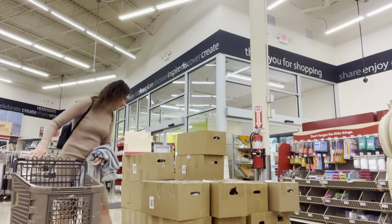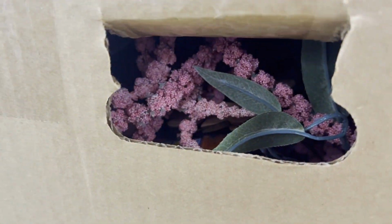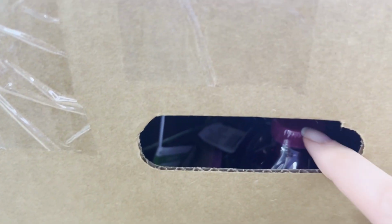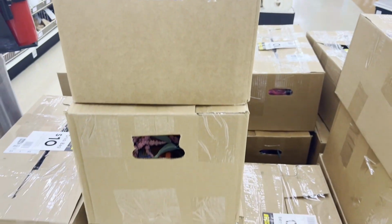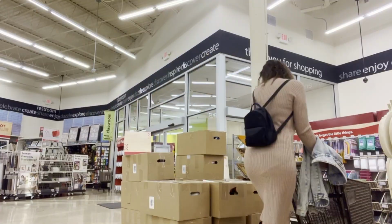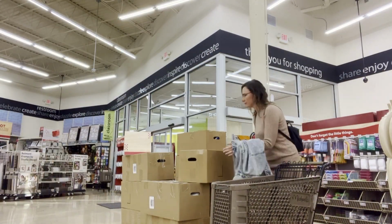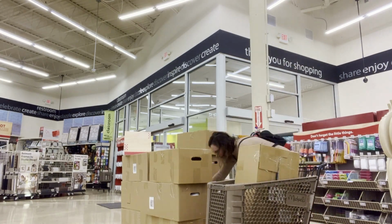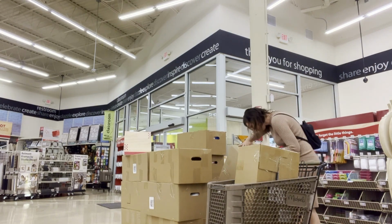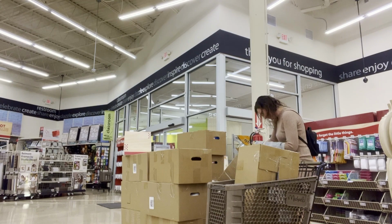All boxes are closed and you cannot open them. But there are holes in the boxes and you can peek a little at what's inside. I was shopping for fun, but at the moment of choosing, it turned out that it wasn't so simple. I cannot decide what box I want to take. After looking through several boxes and looking inside, I chose one box that was heavier than the others and a second box